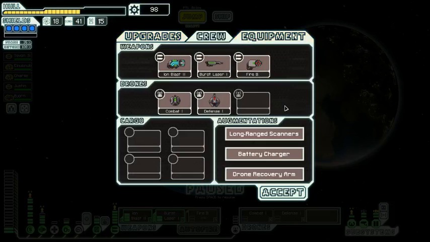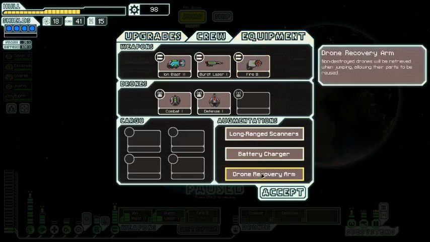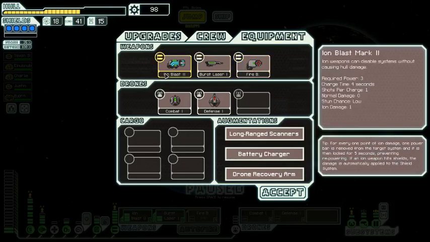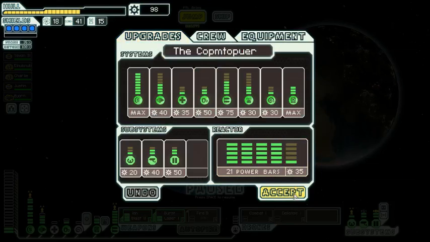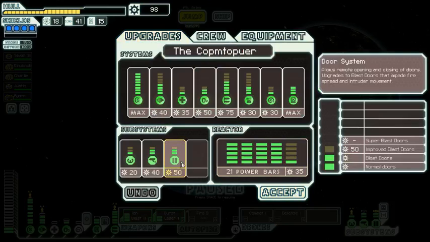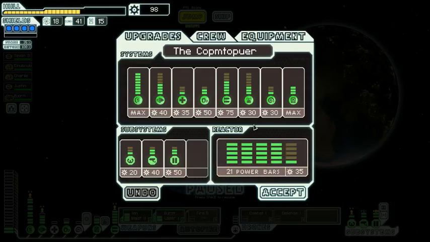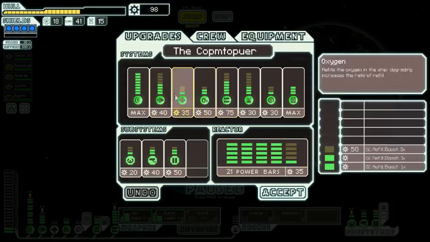I have a lot of stuff that I'd love to sell, like the firebomb and the drone recovery, or the battery and the long-range scanners. Could probably sell the drone recovery arm as well. But it may be fortuitous that I have the firebomb, because firebombs can be very useful on the flagship fight. So, maybe good that I still have it. I have 98 scrap. What do you think? I am thinking right now